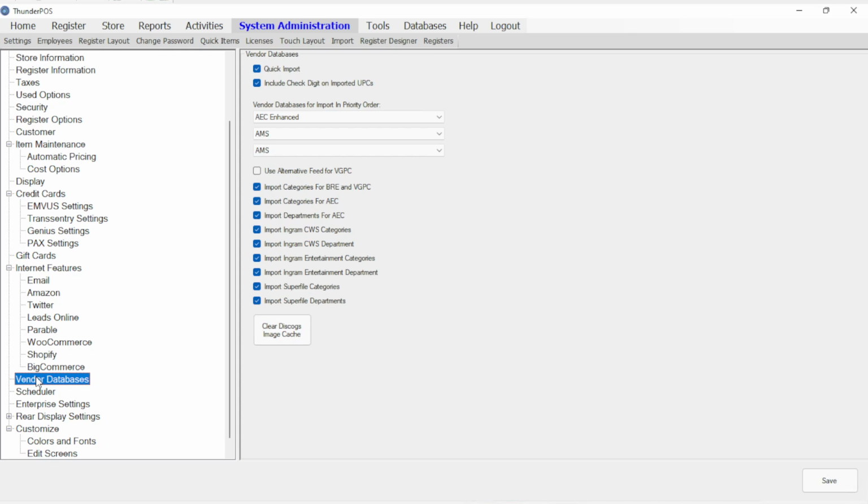Vendor databases, these are settings related to the various vendor databases in the point of sale. These allow you to quickly get product in from those different databases. Quick import makes it so when you scan an item at the register, if you don't have it, it's going to look into your vendor databases in the order that you listed here. There are a number of specific